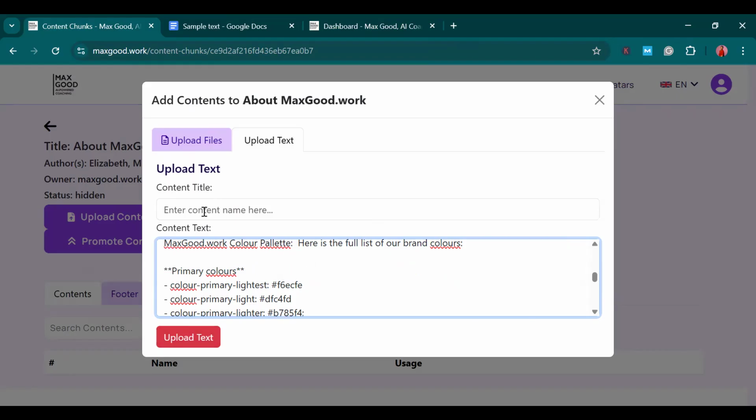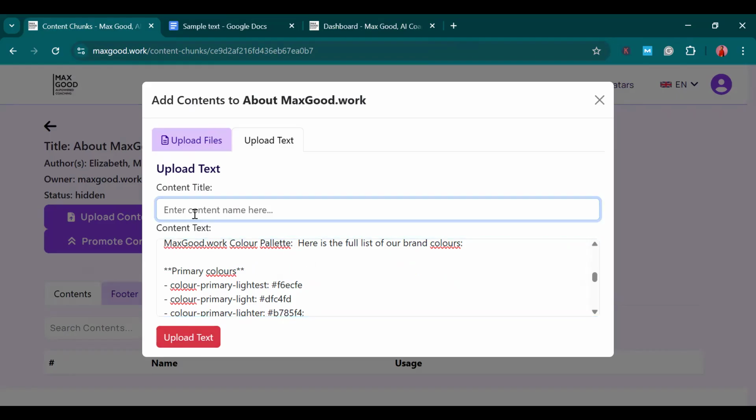So just before you upload text, the very first step is to also add the title of this content, right? So remember I added a title initially. That title is going to hold a lot of content chunks, in as much as they belong to the same theme, depending on how you choose to organize it as the avatar owner. So the title I added before was about MaxGood. So this content chunk is a description of MaxGood. So I'm going to add description,